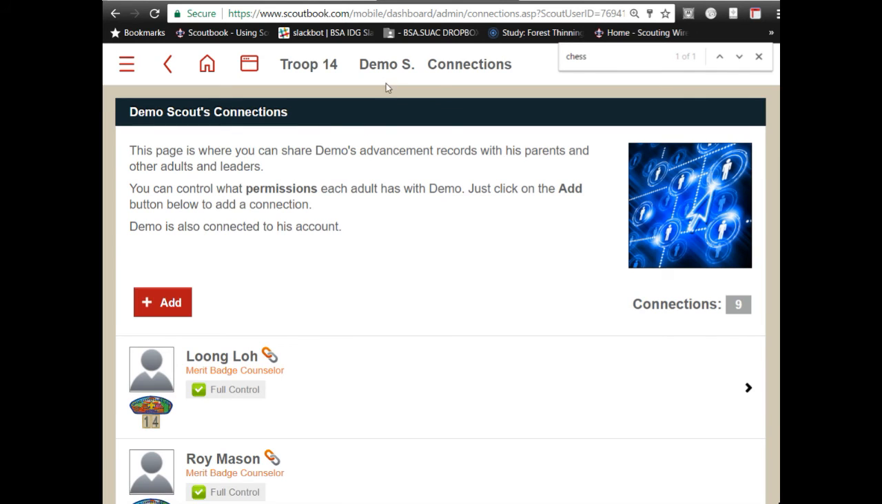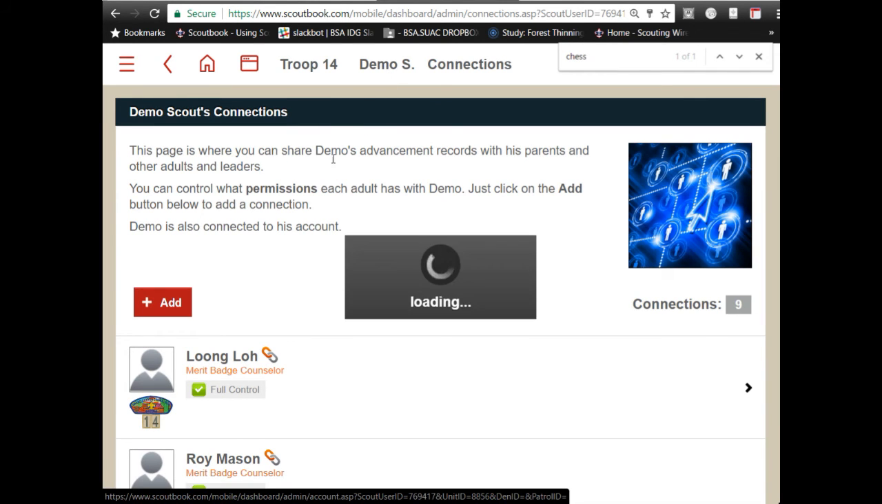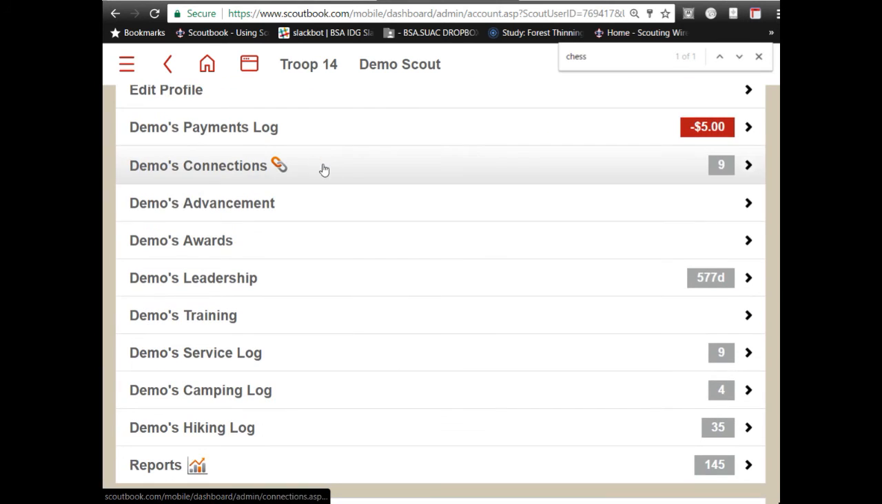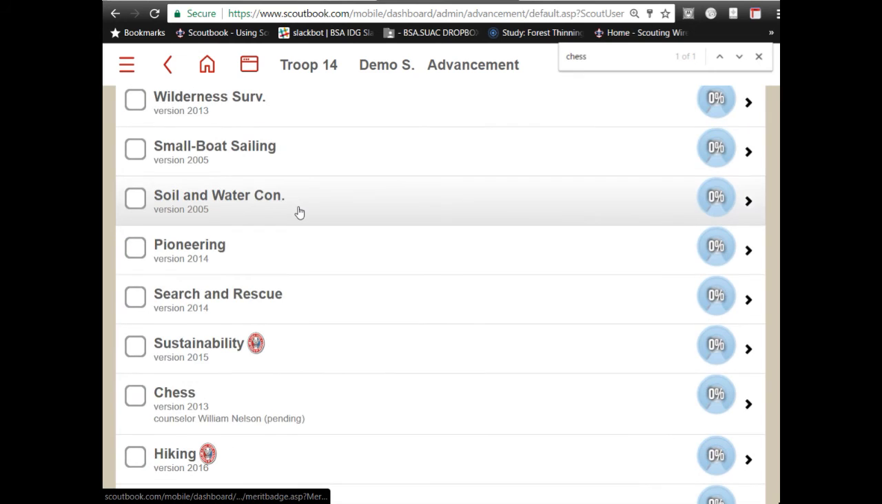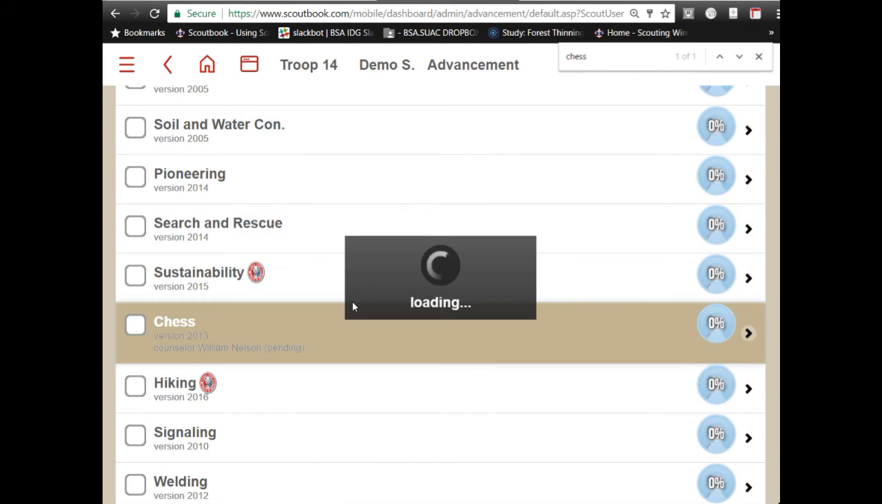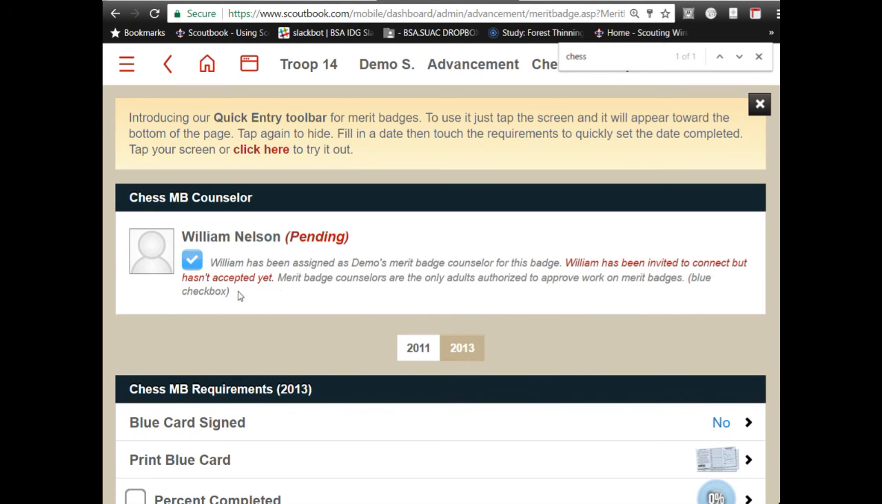And then when you look at the scout's advancement and go into the chess merit badge, it'll show the merit badge counselor's name, and it'll put the word pending after it until he connects to the scout, logs into Scoutbook, and accepts the invite to connect to the scout. He's going to be in a pending mode,